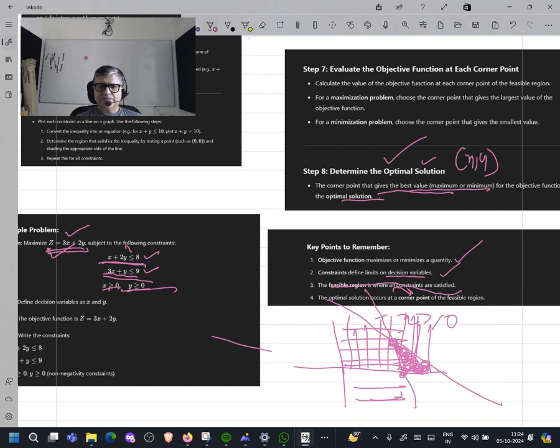Find the intersection of this line with this line, which is x equal to 0. Find the intersection of these two lines, solve them separately. Then find the intersection of the second line with the x-axis. The corner comes. So then put the value of this corner, and this corner in the objective function, and you will get your answer. So this is the way you need to solve these problems.